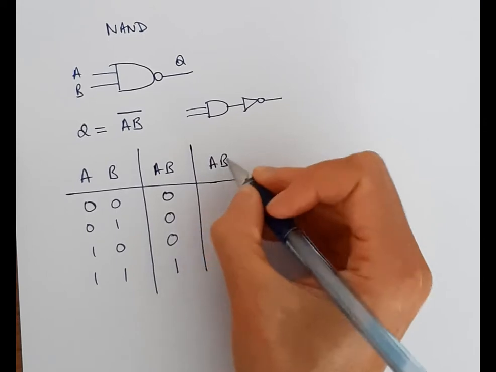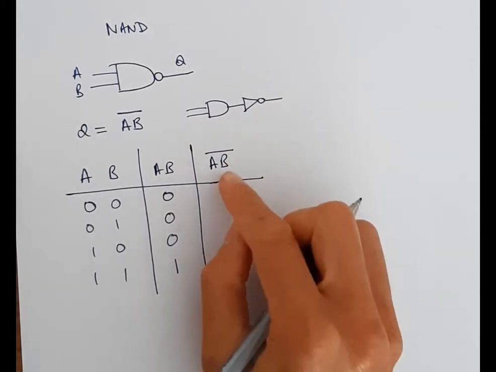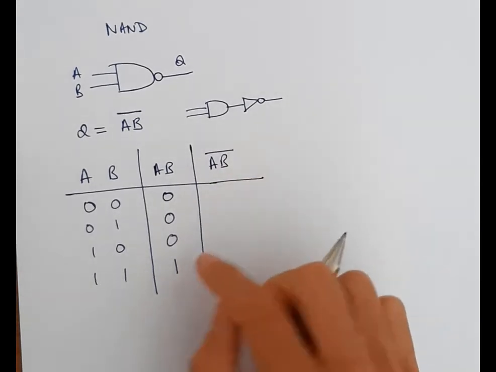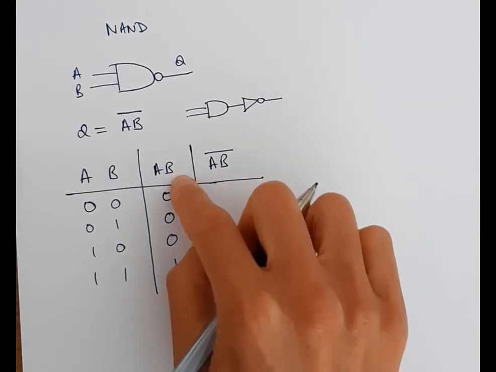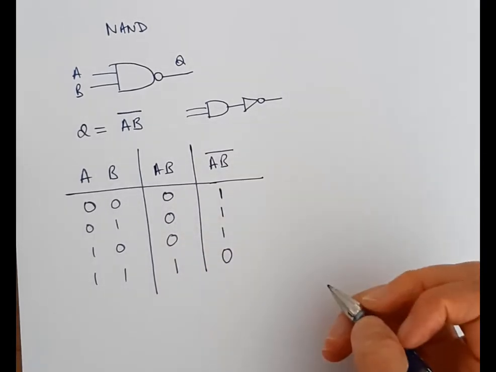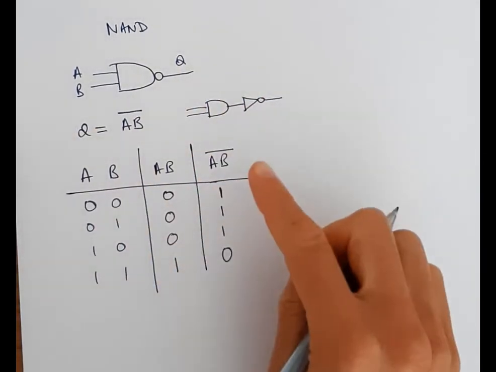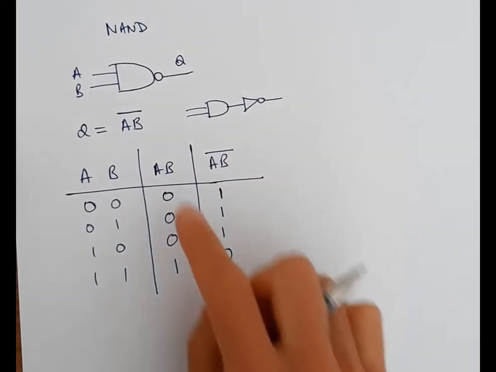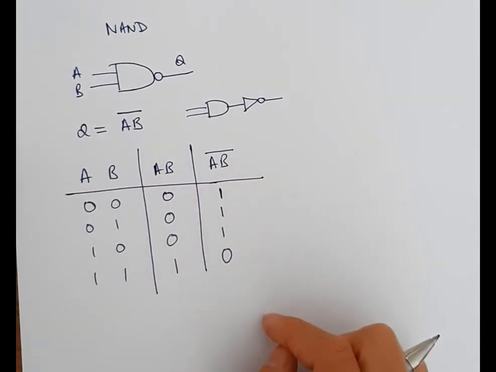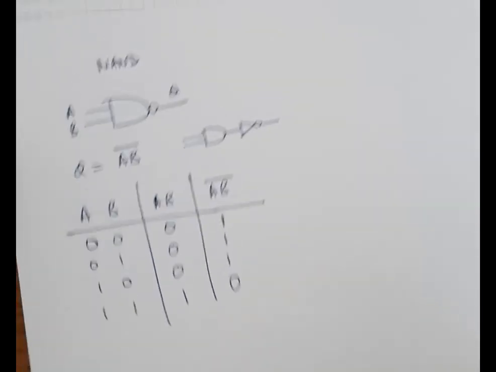And then A and B NOTed, that is going to be the opposite of this because it's going to be NOT this. So that's going to be 1, 1, 1, 0. So this one is easy to work out. If you know how an AND gate truth table looks like, then you can invert it and then you get your NAND gate. So of course, if I move on to a NOR gate,